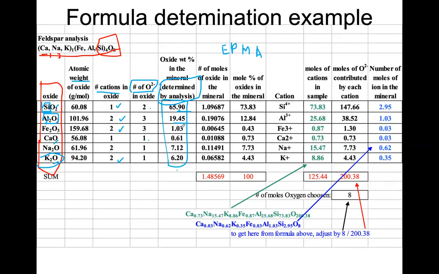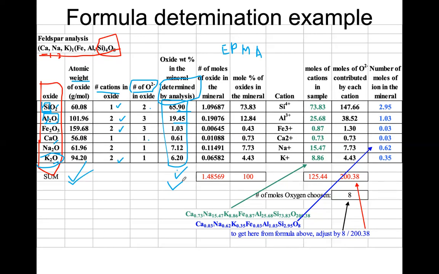And then you have the data, oxide weight percent measured by EPMA, which is also inserted into the table, because you can easily do the calculation. That's why I'm asking you to tabulate it. Then number of moles of oxide in the mineral. You can determine using the atomic weight, right? You have the weight percentage, you have the atomic weight, and then you should be able to find out the number of moles of oxide they are